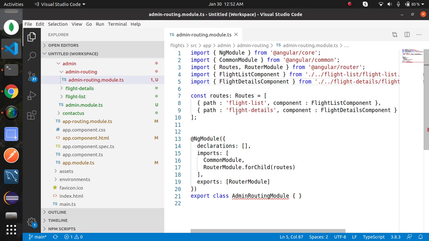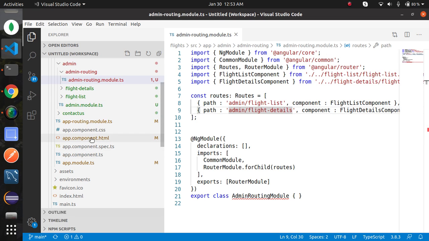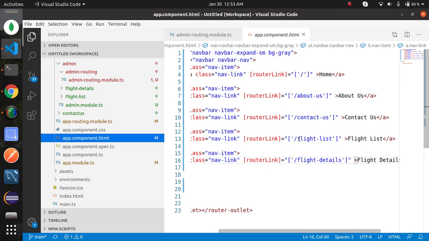Suppose our requirement is to use admin before all main routes in the feature module. This admin slash flight list and admin slash flight details. Go to your app component and here make some change.